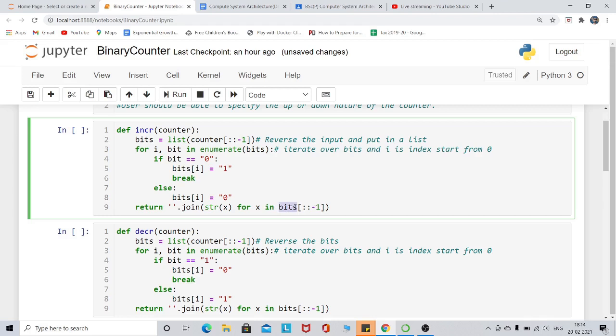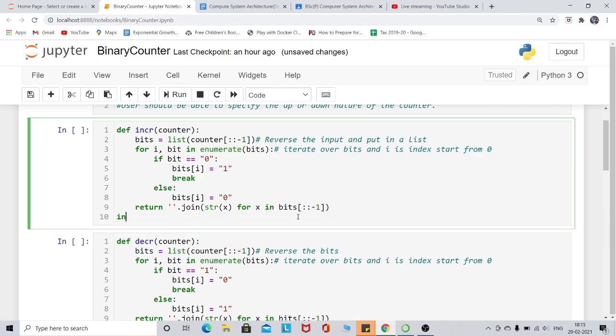list. I have to again join all these things using the join operator. First, I have to convert every x to a string, and then I join it. Now I have to run this, so first you have to test this.